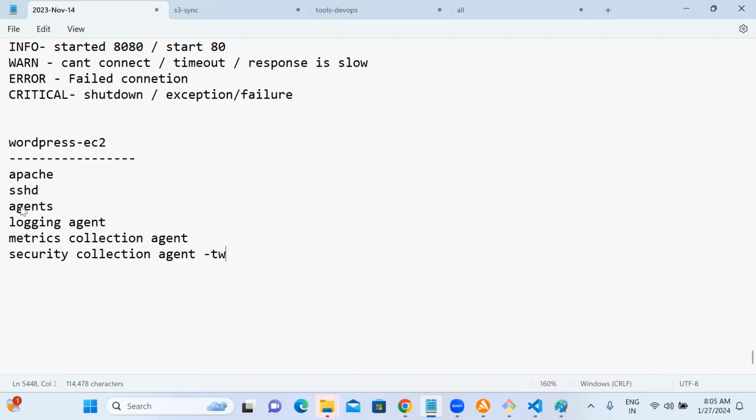I worked with this one, Twistlock. It will scan your whole machine and then it will report to you also. So this is up to the company, what agents you need to install. Keep this thought: in some projects, along with the application, agents will get installed. These agents will collect that information and send it to one place. With that, let me go here.